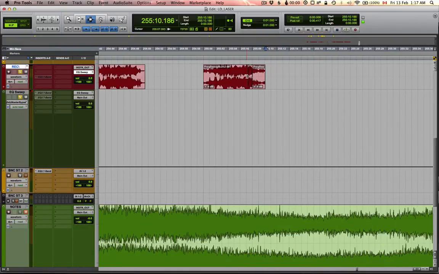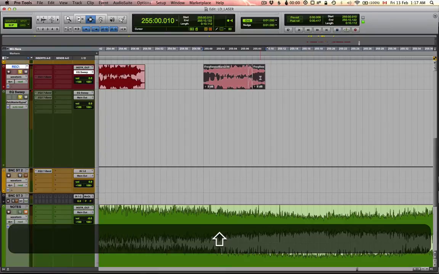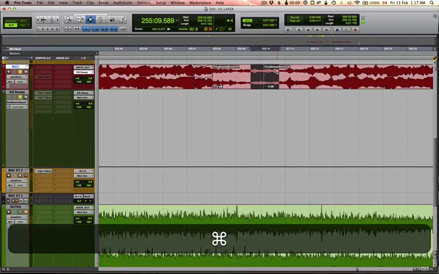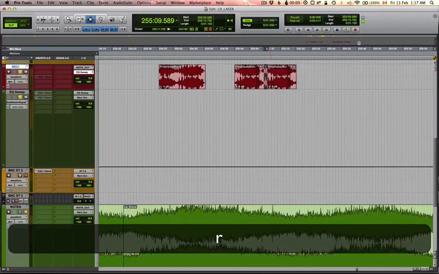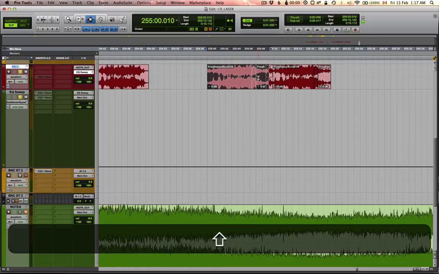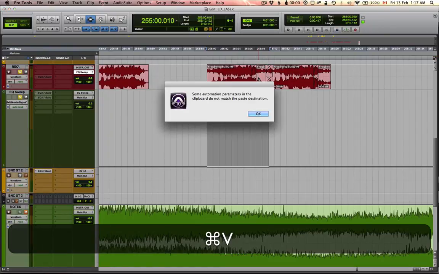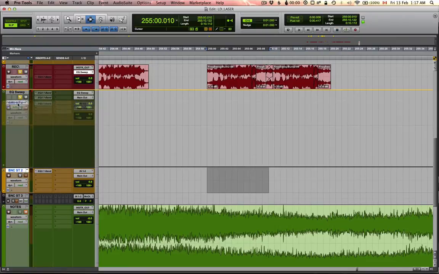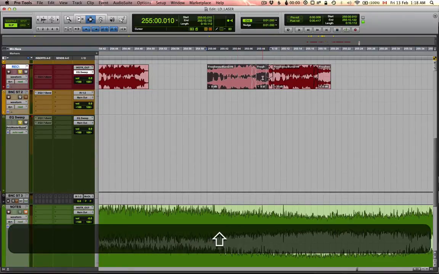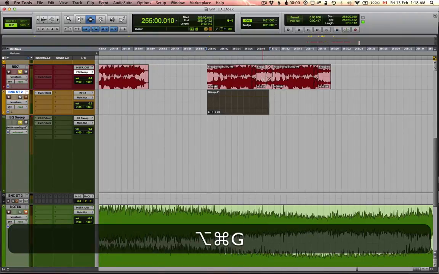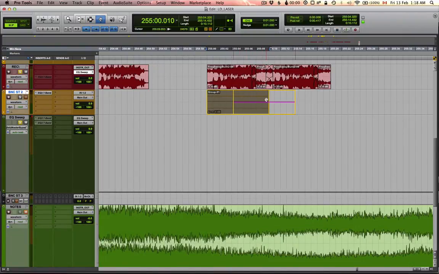Now we can use the technique that I was talking about before. So I'm going to take this, Command D to duplicate, go into the middle, crossfade, grab this whole section. Oops, I need to put... so I'm just going to grab this whole section, bring it down with the colon key, Option Command G, slide that over,